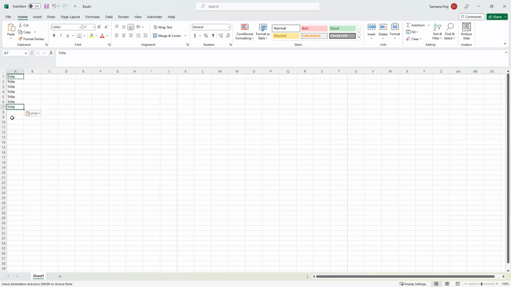For that, I have to go to each and every cell and paste whatever I have grabbed. So the second way is, I can go to the cell that I want to copy, and then